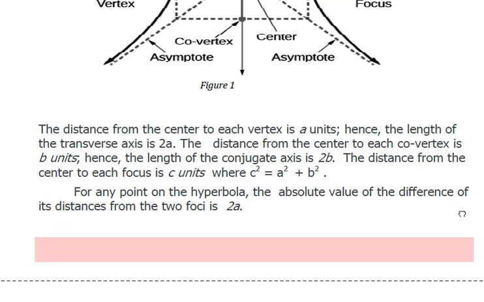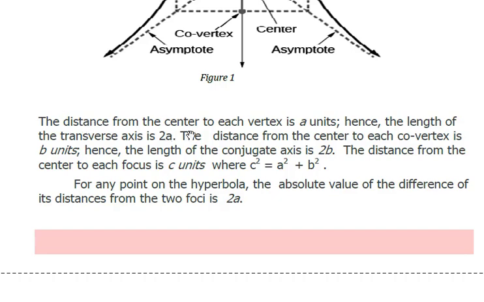Let me go over this one. The distance from the center to each vertex is A units. Hence, the length of the transverse axis is 2A. The distance from the center to each co-vertex is B units. Hence, the length of the conjugate axis is 2B. The distance from the center to each focus is C units, where C squared equals A squared plus B squared. For any point on the hyperbola, the absolute value of the difference of its distances from the two